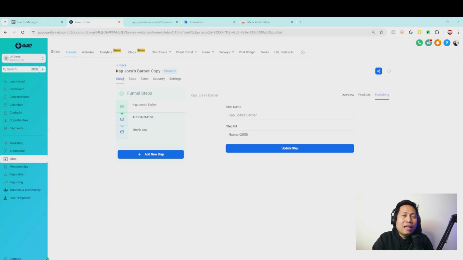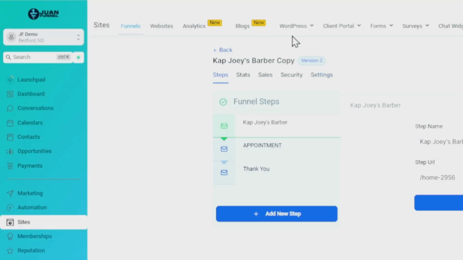In this video, I'm going to show you how to add Facebook pixels to your Go High Level website. So the first thing that you need to do is log into your Go High Level. Go to the site and select the website that you want to add it to. The next step is to go to the settings. Once you've selected your website, landing page or funnel, select the settings.